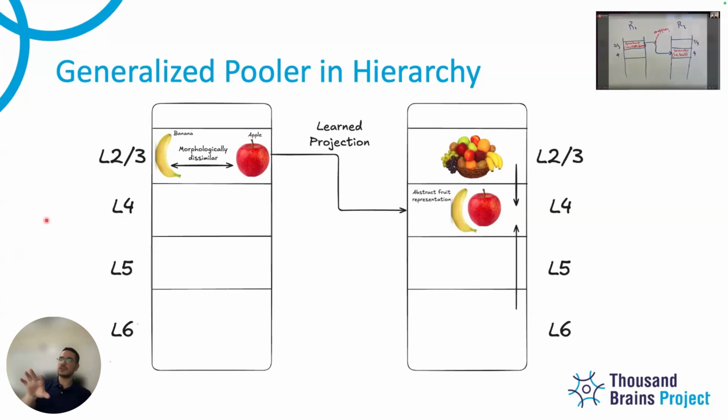I just don't want to go off track here, but this was one thing that I mentioned before. I agree that the layer 2 and 3 representation of the object at this level, this region 1 level, needs to be sparse. It needs to be different, and it could be random. It's morphologically dissimilar. They're just different features. But the way that they project into layer 4, I think when this layer 4 representation gets learned from this projection, they will have some semantic meanings.